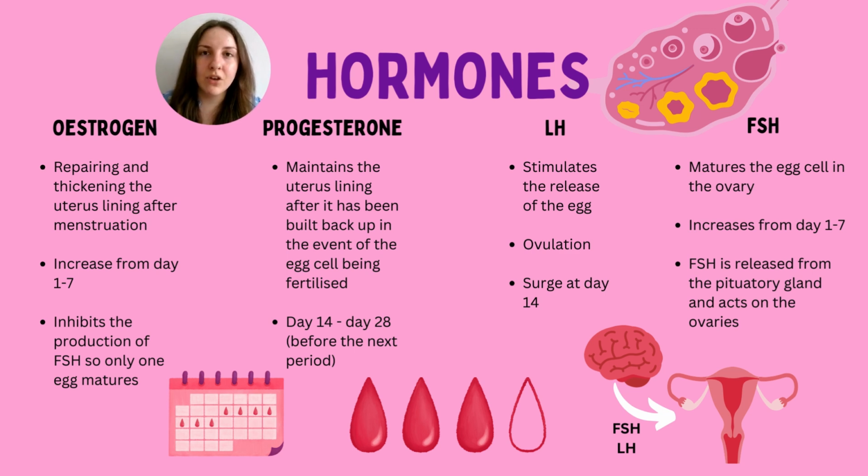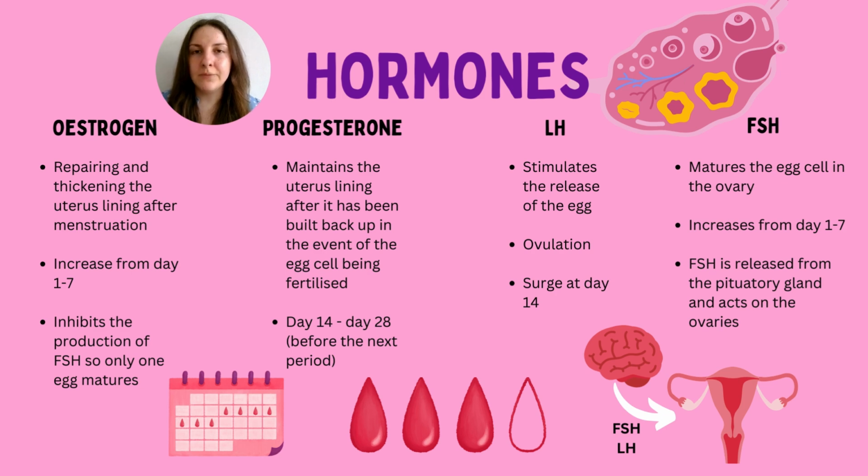And as it gets to the ovaries, it causes the egg to be released, because this is when ovulation occurs at day 14. So ovulation is a scientific word just for the release of the egg cell from the ovary. And that is to allow for the egg to be fertilized. So we've maintained the uterus lining, it's built up, it's ready for the fertilization event, and then the egg cell